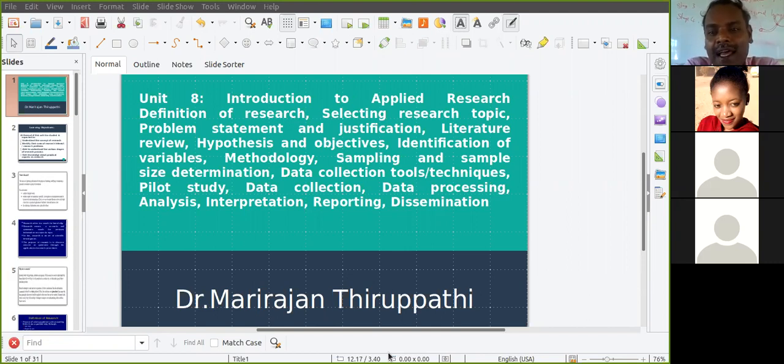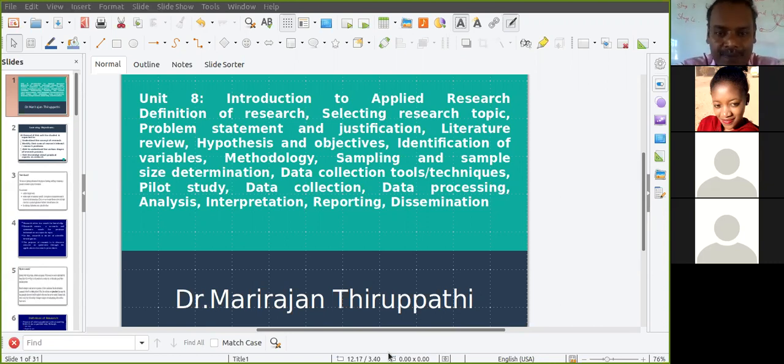Apart from applied research, there are other research also. Those who are studying education, they are studying education research. Those who are studying social sciences, they are studying social research methodology. Then those who are studying market research, they are studying business research methodology. Different research methodologies are there, but those who are studying medicine,